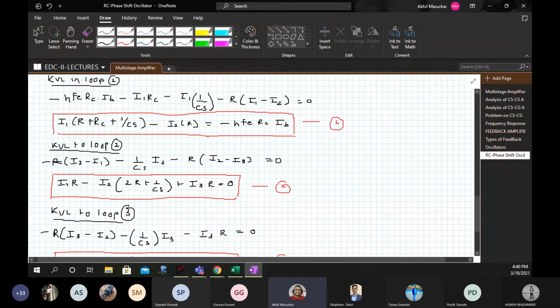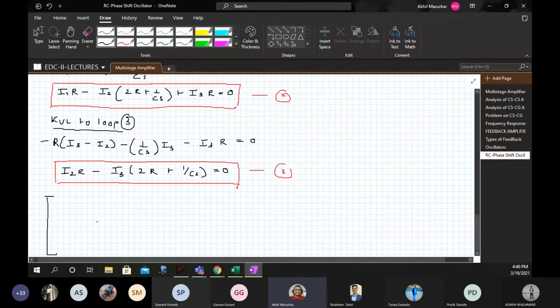R plus RC plus 1 by Cs, then minus R, and the I3 component is 0. Here we will write into I1, I2 and I3. This is equal to,